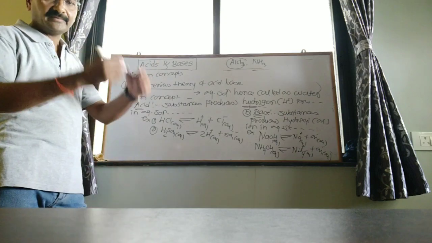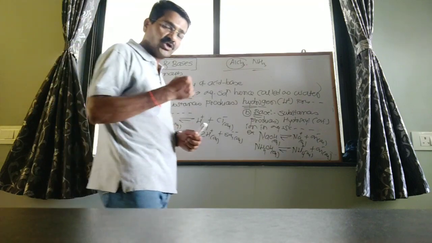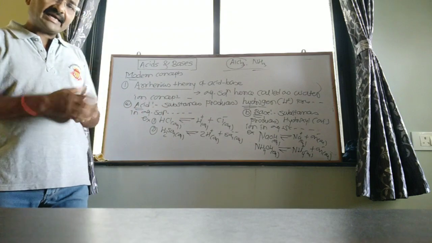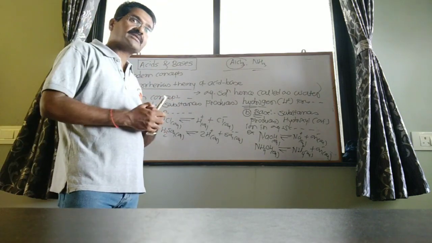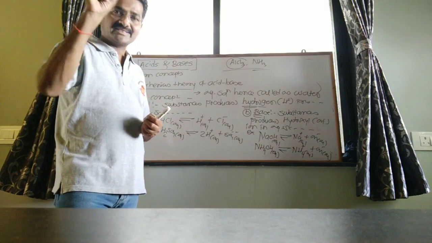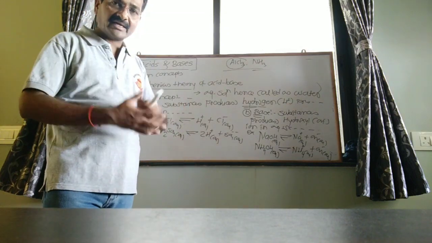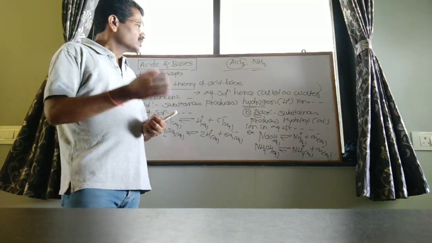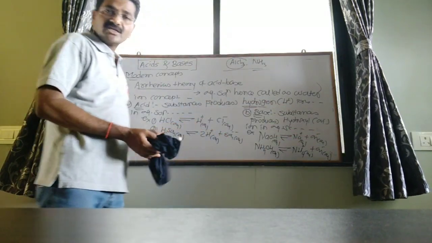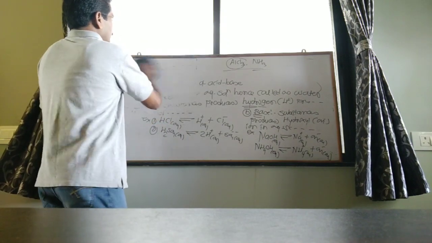And a new theory was proposed by other scientists. All these concepts are seen in 11th, in the chemical equilibrium chapter. So which are the acids and bases, how to demonstrate them by the general concept, and the modern concept by Arrhenius. Depending upon that, the next concept was demonstrated by two scientists, Lowry and Bronsted. So the second modern concept, the name of that concept